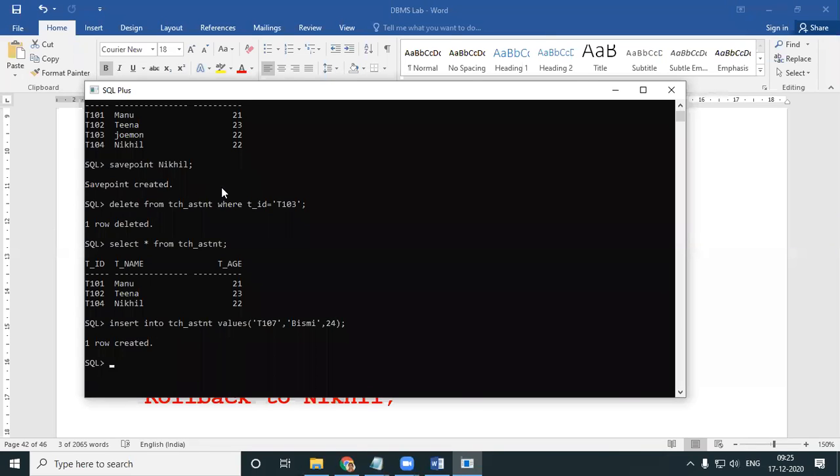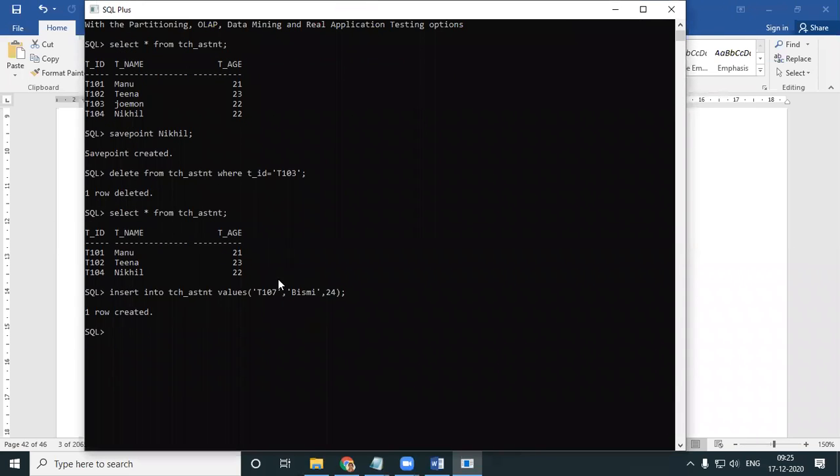That value is also inserted. Select star from tch assistant. BISMI is done. Jomon gone, BISMI came. Now I'm having a feeling, oh my God, I shouldn't have done that Jomon delete and BISMI insert. This is now when I have second thoughts.